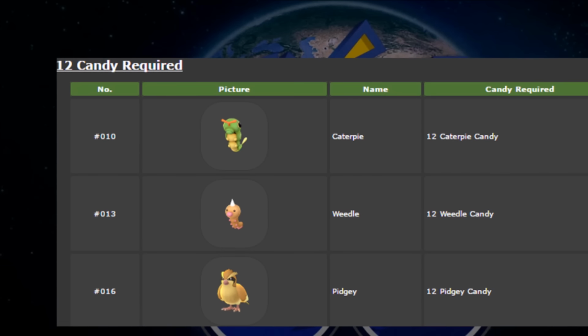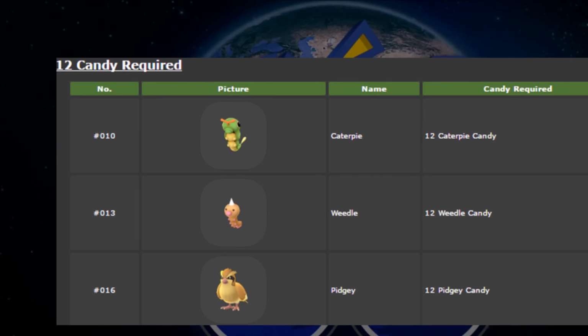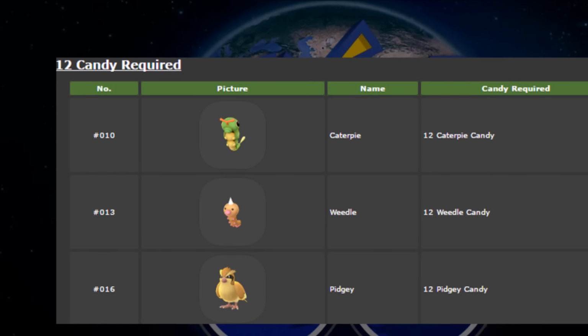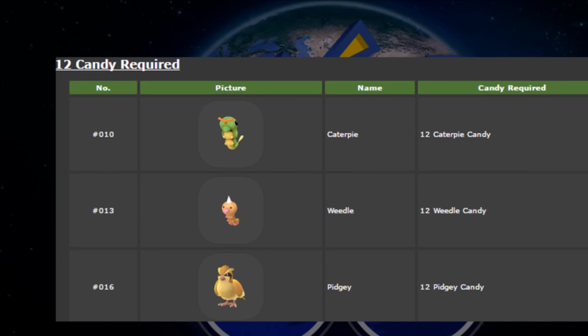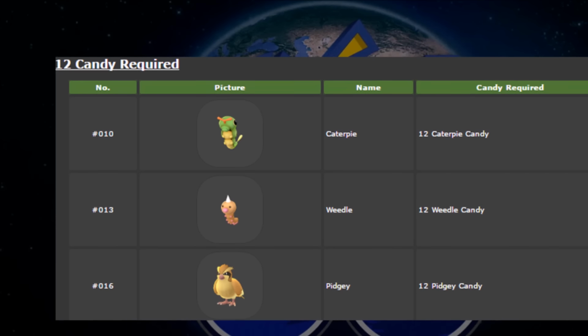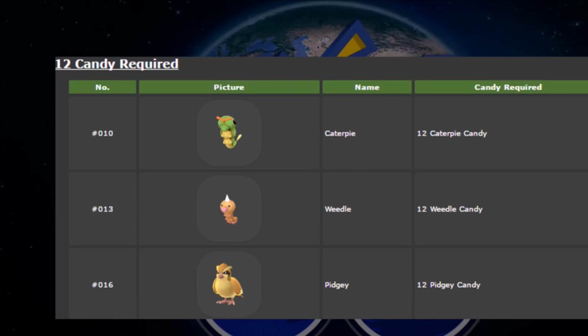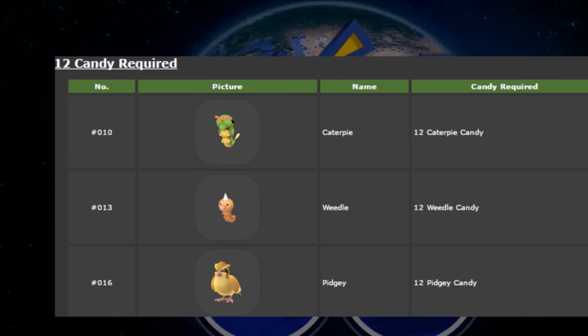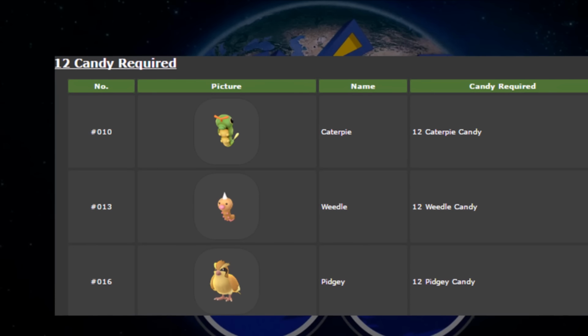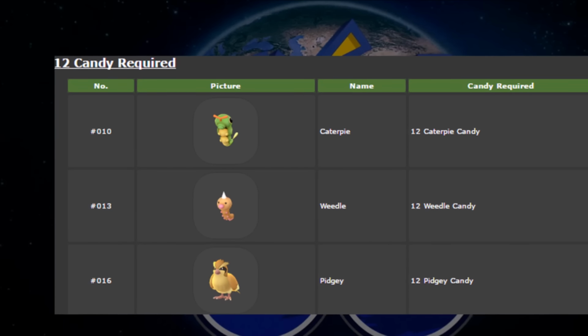These Pokemon only require 12 candy to evolve, which is an absolutely low number. These 3 are the lowest, so don't think that these Pokemon are weak. Don't just pass them up because, oh yeah, I've already caught like 3 Weedle, why do I need to catch any more? For those evolutions. So as you're getting all these lures, as you're getting all these incense, just catch every Pokemon that you possibly can,